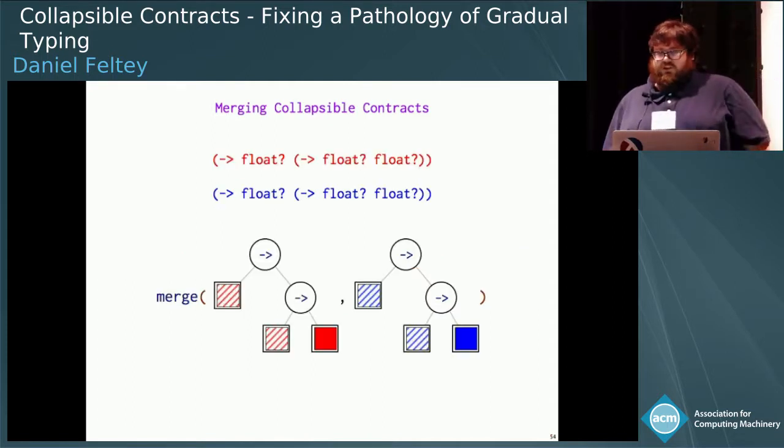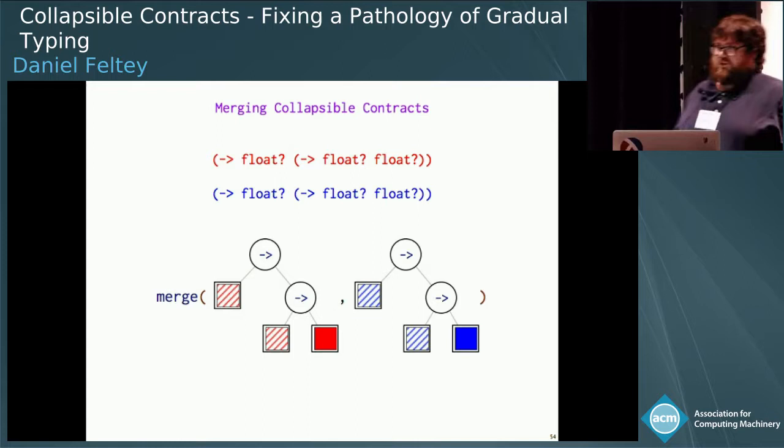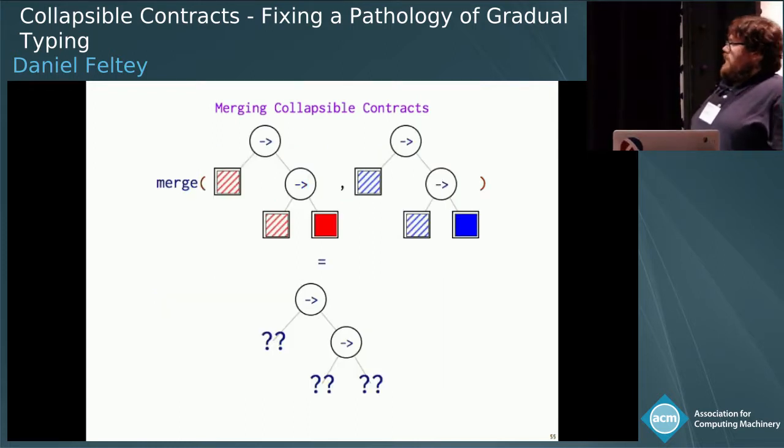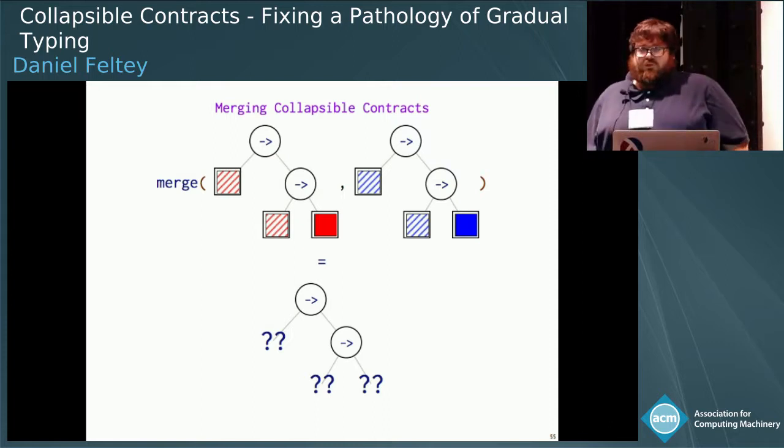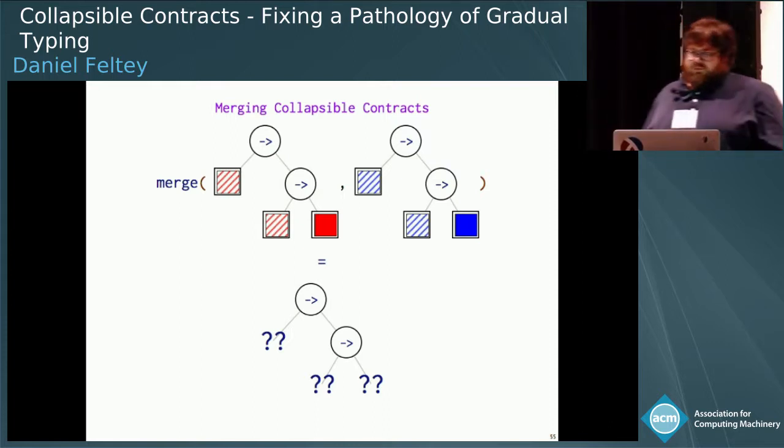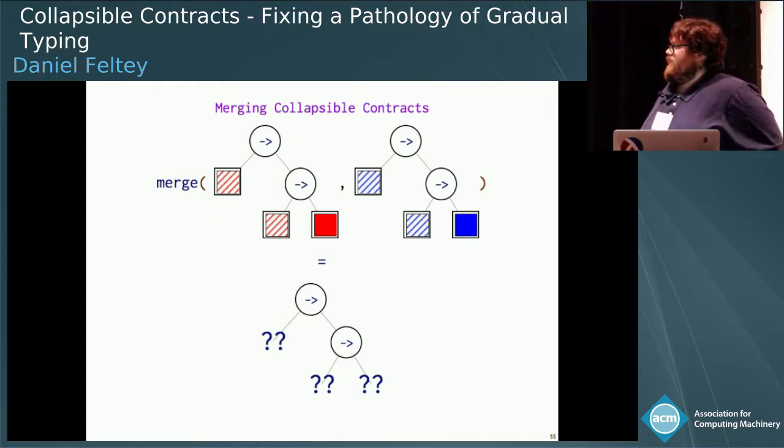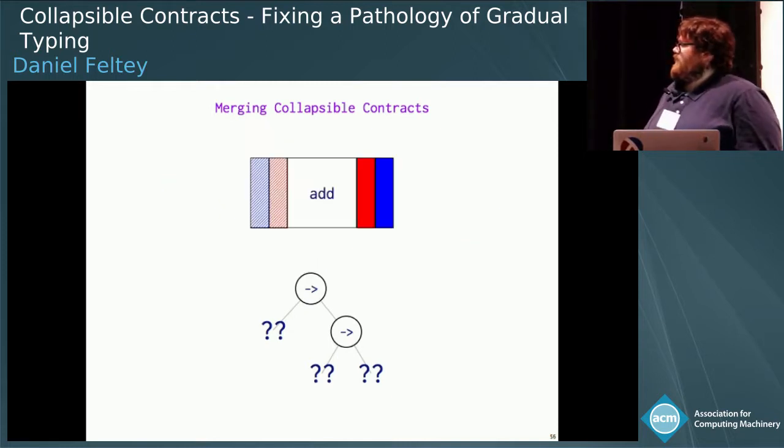So here are the two contracts from the example earlier. They're both the same contract, but they have different blames, so they're colored differently. So what happens when we merge these? We probably want to get a contract out that has roughly the same shape. But what goes in the leaves here? Let's try and get some